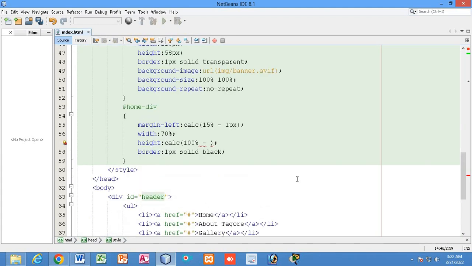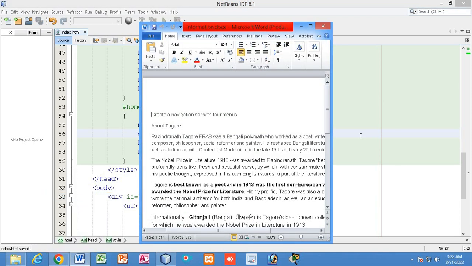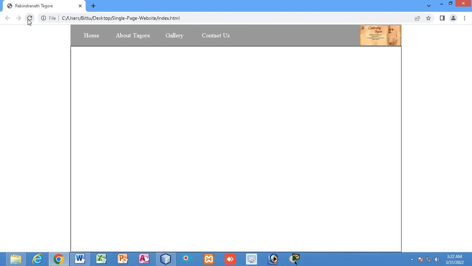And now you can see this home div also has a border. Top border 1 px, bottom border 1 px. That means another 2 px. Total 64 px, right? 64 px we are going to deduct. So let's see how it appears. Let me first show you. This is the vertical bar we have. Now if I go and refresh, you can see the vertical bar has been removed, because now this home section has been fully fitted with the screen, right?